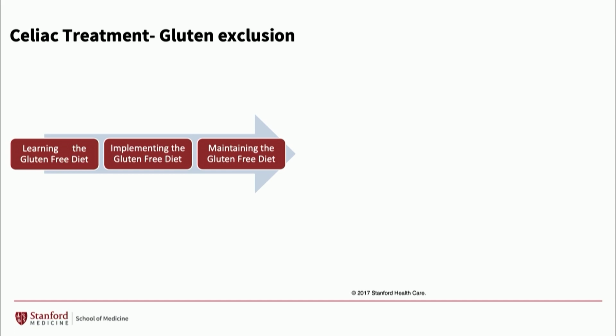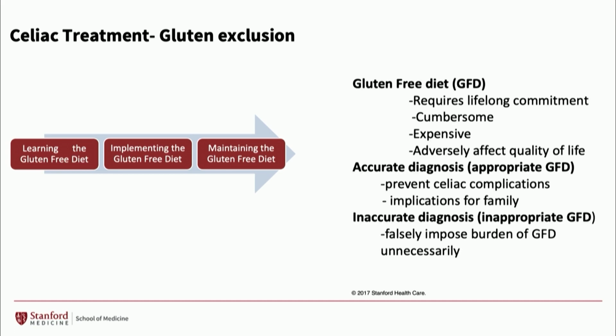Then they have to implement it, and then they have to maintain it. And the gluten-free diet requires lifelong commitment. It's cumbersome, it's expensive, and it could adversely affect the quality of life. So we want to make an accurate diagnosis, one, to prevent celiac complications, and also because it has implications for testing for the family. And an inaccurate diagnosis will falsely impose the burden of a gluten-free diet